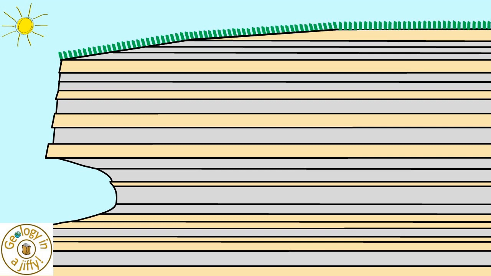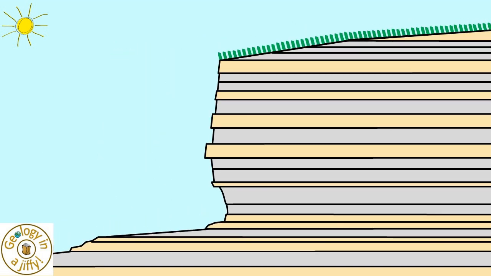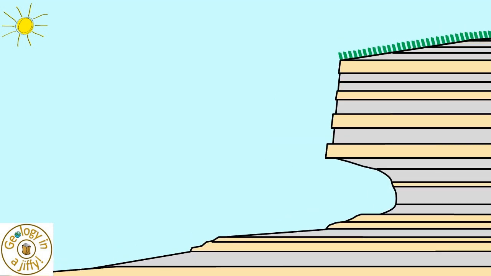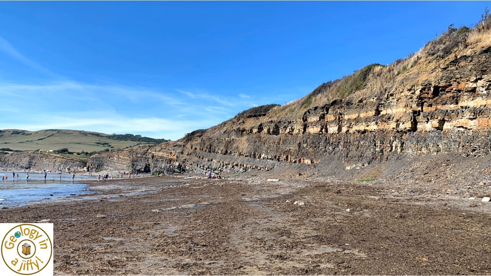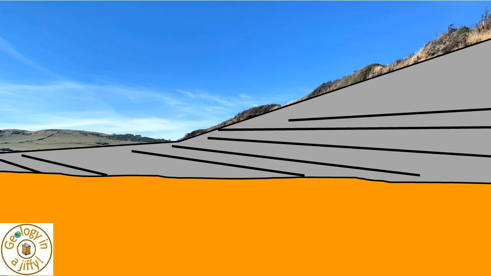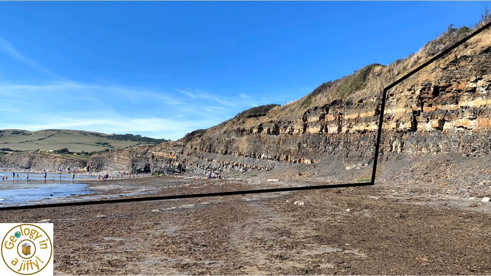Over time, if we turn back the clock, the cliff face would have been further seaward, the effect of the continued erosion eroding away the cliff, causing it to retreat landward. This model clearly explains what we see at the present day at Kimmeridge, with the large, gently seaward dipping wave-cut platform at the base of the near vertical cliff faces, which if we then study in cross-section across the features,